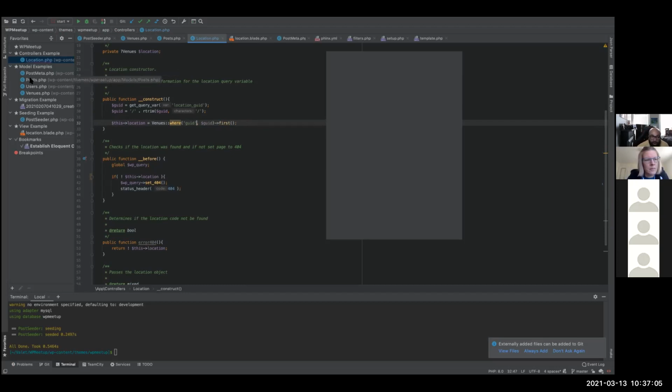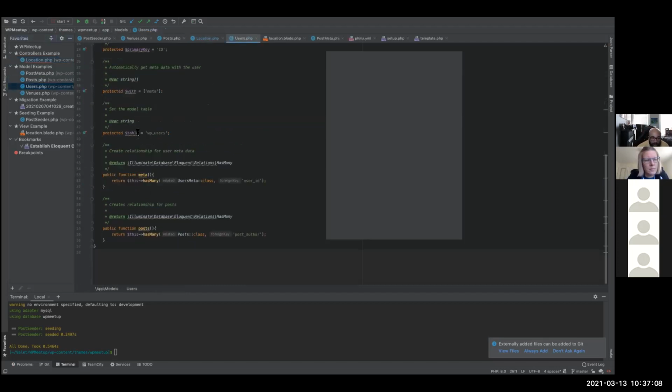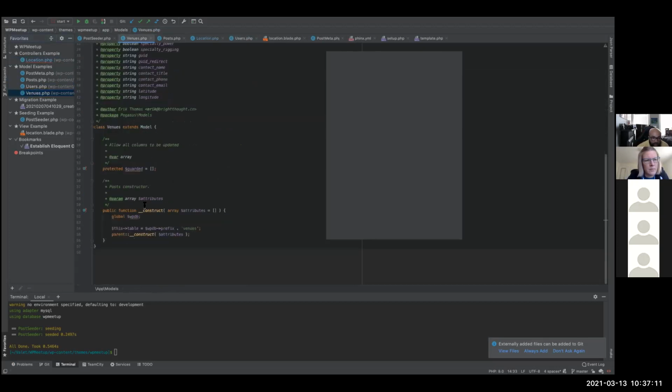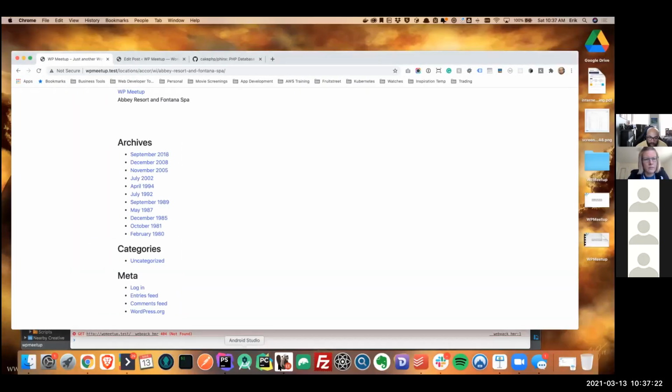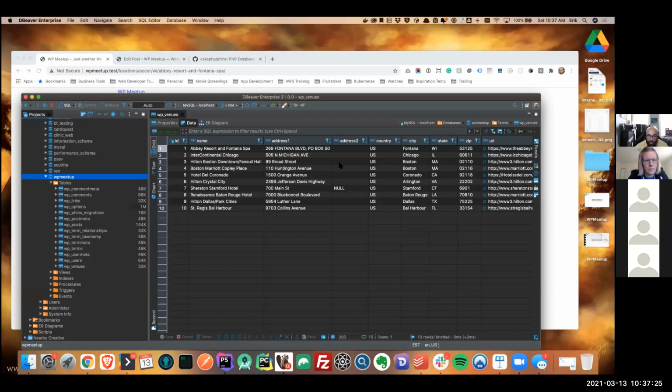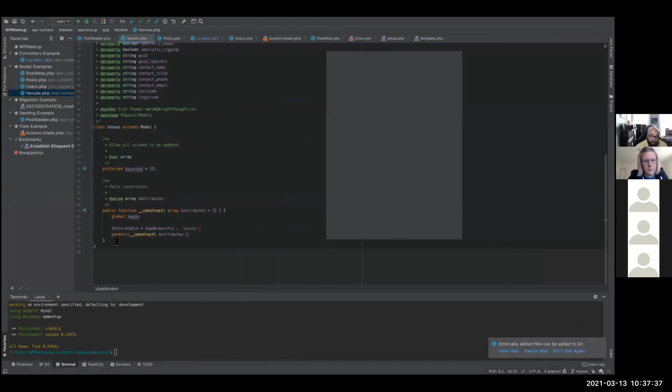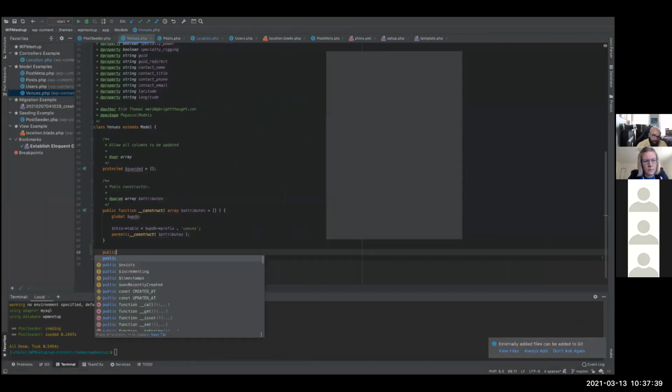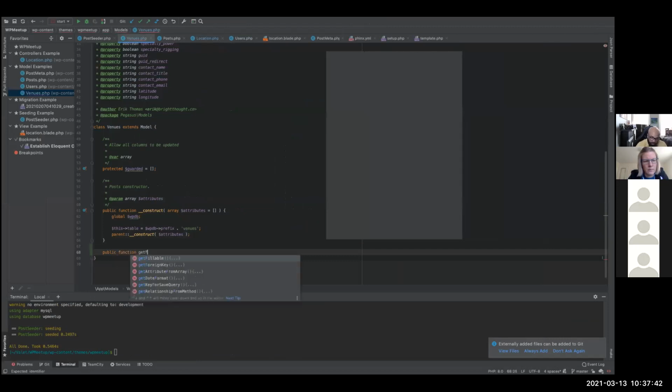So models are pretty straightforward in that sense. I know that, where is this one? For instance, had brought up keeping your code DRY when doing repetitive things. So for venues, on that table, I can look at a number of different things and say I wanted to merge them together. Say I wanted to take address and city. Instead of calling these individually all the time, what I could do is this. I could say public function get, whatever I want to call it, full address